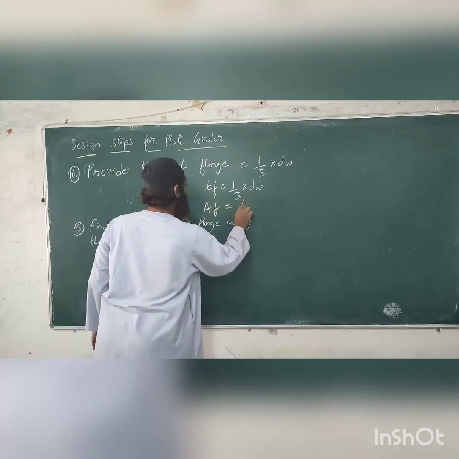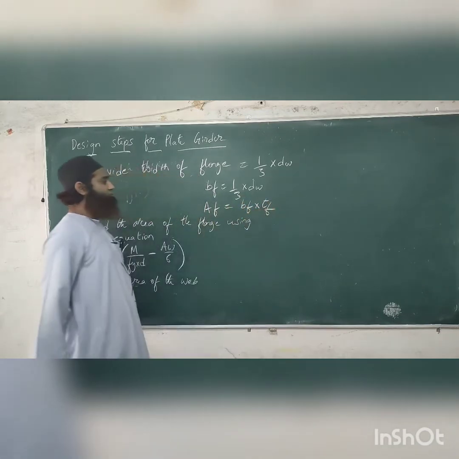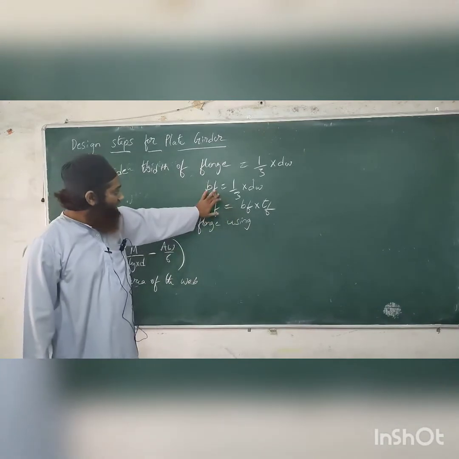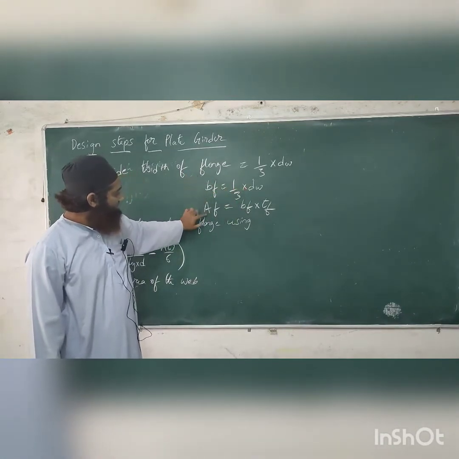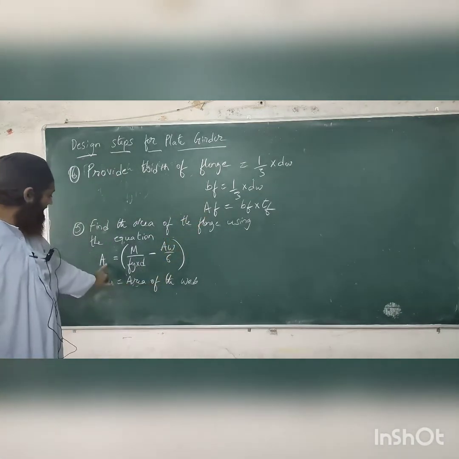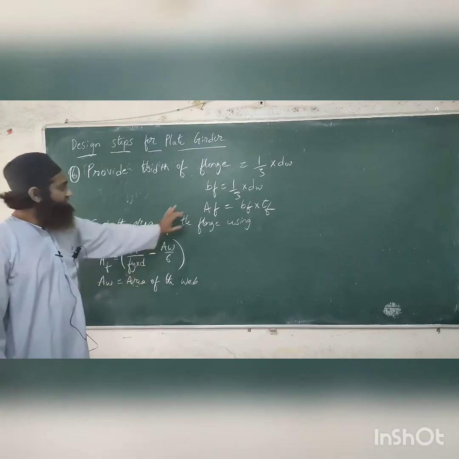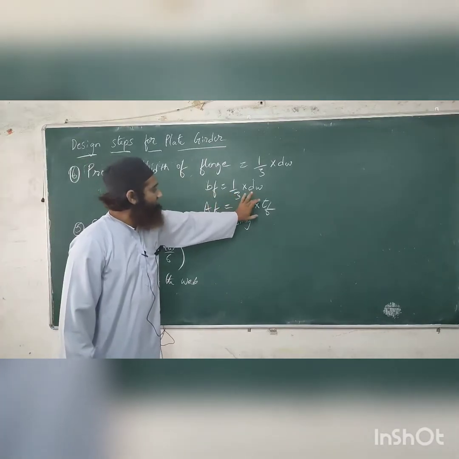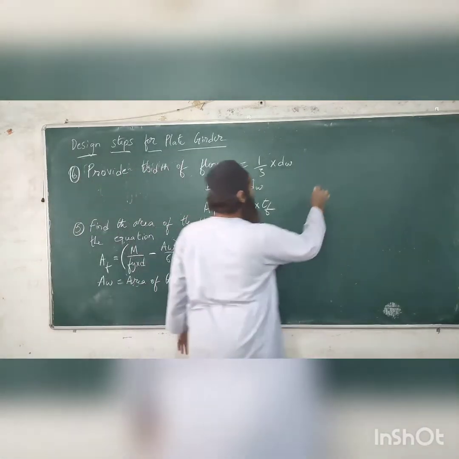AF is equal to BF into TF, breadth of the flange into thickness of the flange. We have got BF, 1/3 of depth of web. Now from the equation for area of flange, we have got the area of flange. Now we'll just substitute these values and we'll get the thickness of the flange. So till here we have found out,